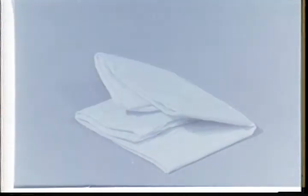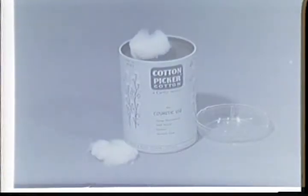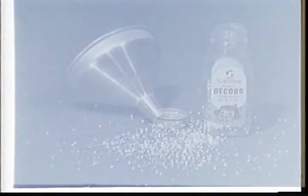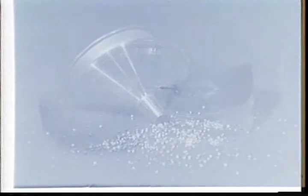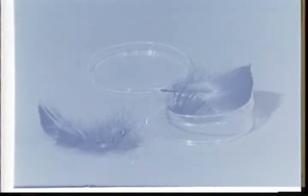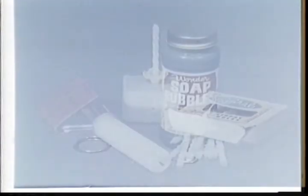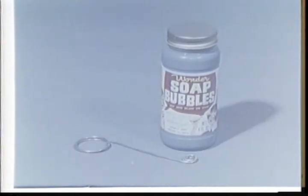lollipops, blue Kleenex, a plastic container with a wide top, cotton, cake decorations, a funnel, blue feathers, matches, candles, and a candle holder embedded in styrofoam, bubble liquid in a bubble ring,